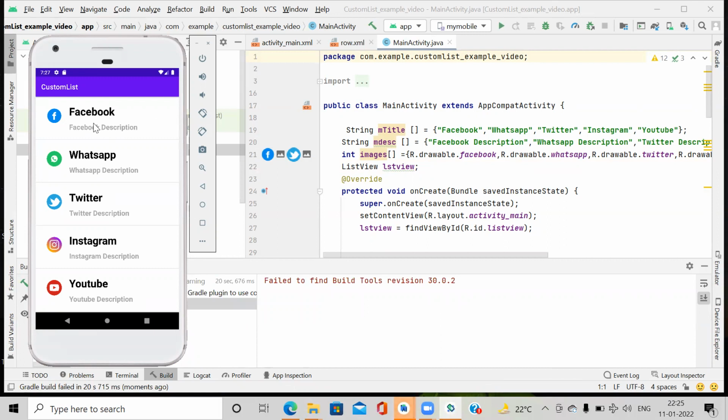Here we get the output: Facebook, WhatsApp, Twitter, Instagram, and YouTube with their appropriate icons.